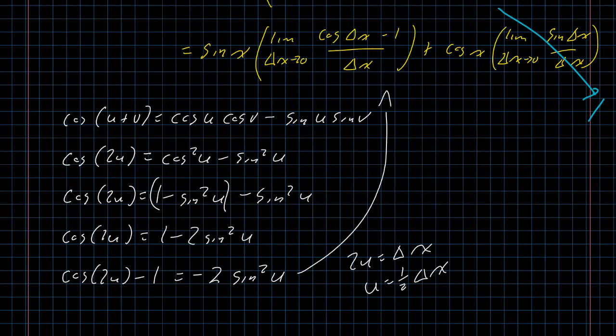So if I let 2u be delta x, or u itself be 1/2 delta x, that means that I can rewrite this limit,